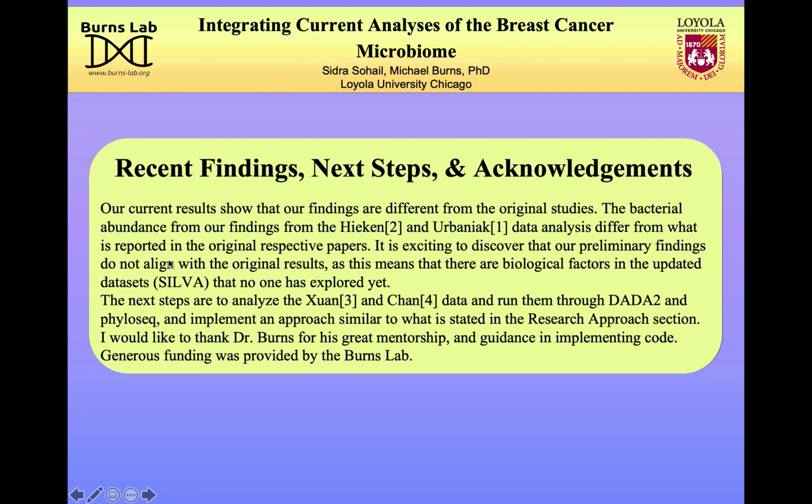So my updated methods provide newer findings than what was previously reported, which is more accurate and more reliable in that sense. And really the next steps for me are to analyze the Schwann and Chan data